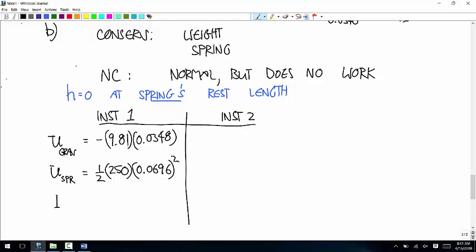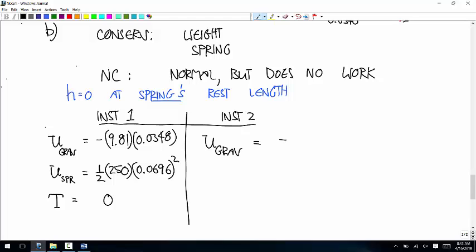And then what's the kinetic energy at instant 1? 0, yep. And then at instant 2, what's a representation of the gravitational potential energy? So at instant 2, what x value are we at? Yeah, that's right. So this is equal to